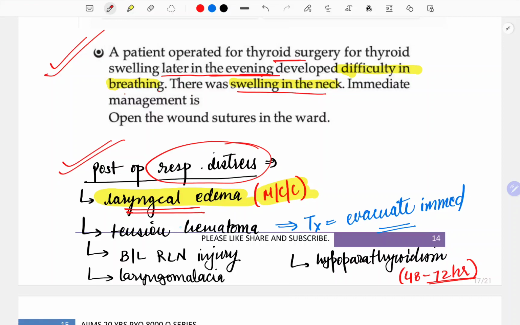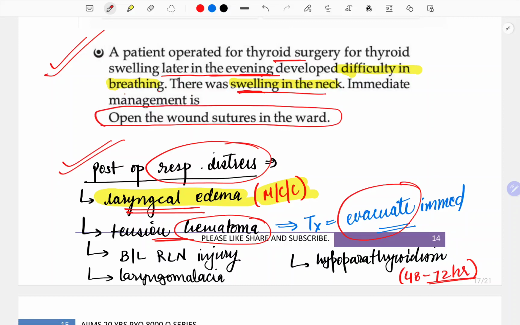The other causes can be like tension hematoma. So if there is a hematoma that develops, the question may indicate swelling in the neck and there is a difficulty in breathing, then the immediate management is you evacuate it. You open the wound suture in the ward and immediately evacuate it because it can cause death of the patient